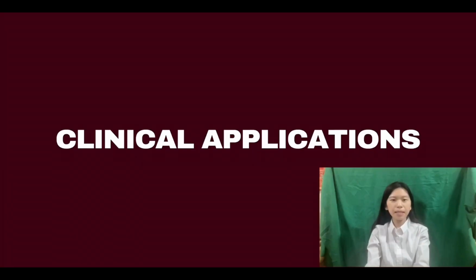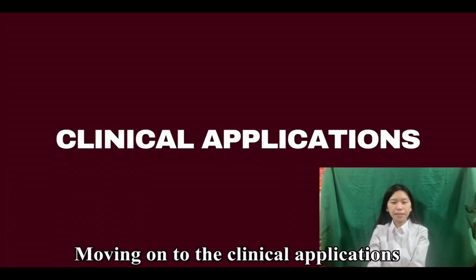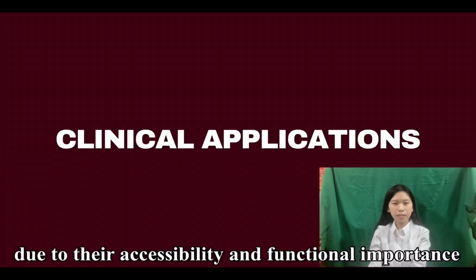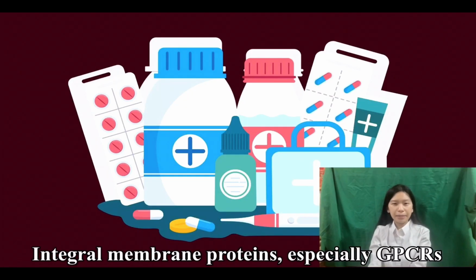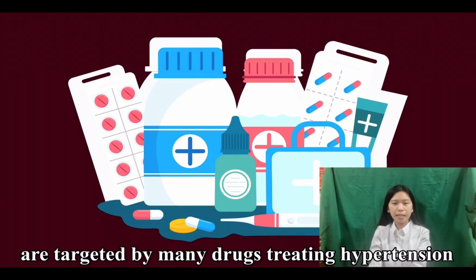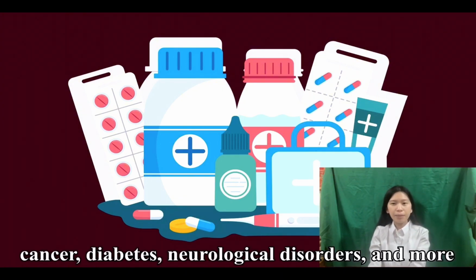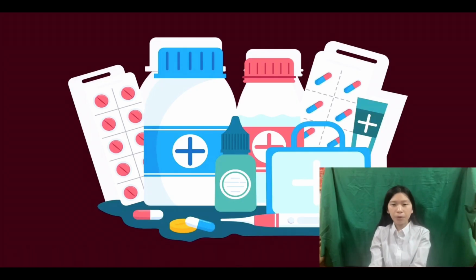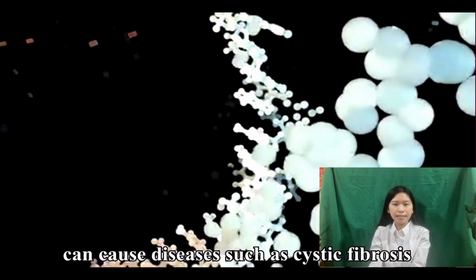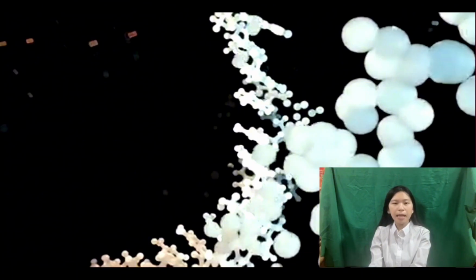Moving on to the clinical applications of membrane proteins. Membrane proteins are major targets in medicine due to their accessibility and functional importance. Integral membrane proteins, especially GPCRs, ion channels, and transporters, are targeted by many drugs treating hypertension, cancer, diabetes, neurological disorders, and more. Mutations or dysfunction in membrane proteins can cause diseases such as cystic fibrosis, a defective chloride channel, cardiac arrhythmias,